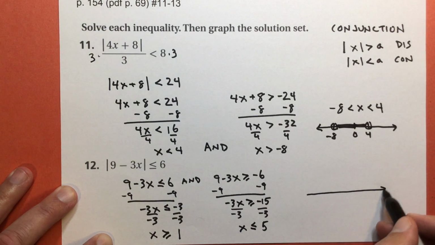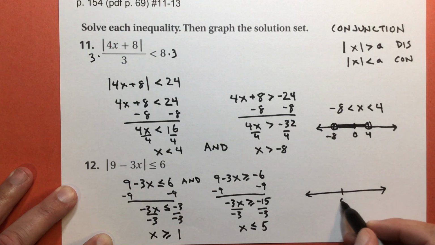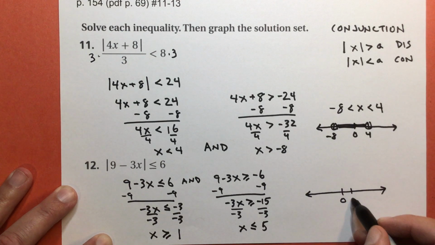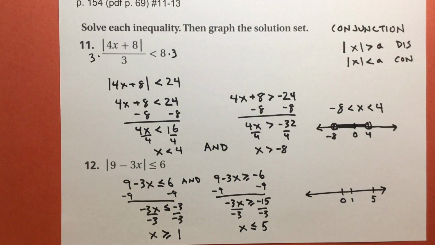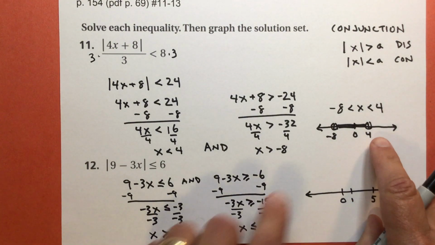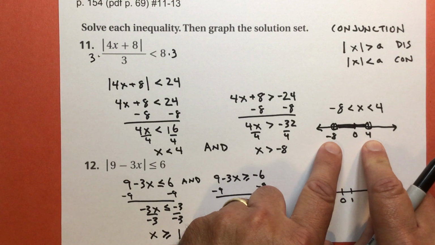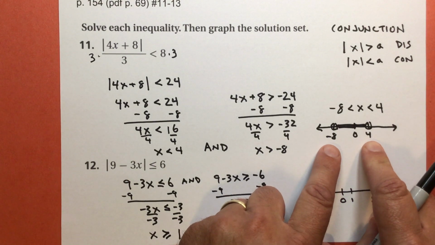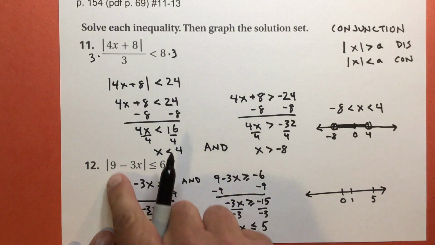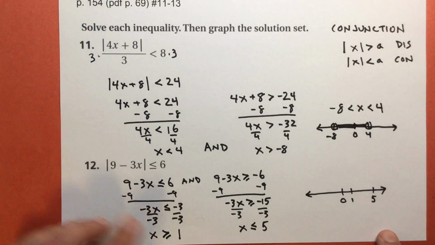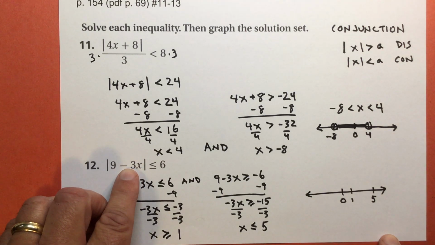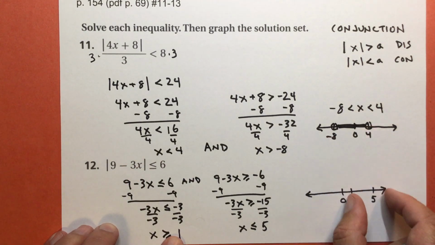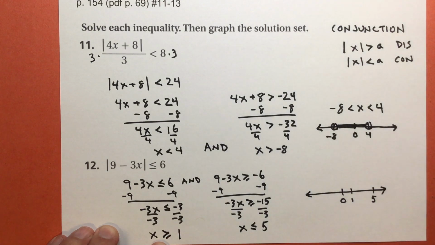Draw my graph. My number line, here's 0, here's 1, and here's 5. And I mentioned in a previous problem that you don't always get one number that's positive, one number that's negative. That happens a lot, but it's just because we're using small numbers here. This one we're using, well, -3. But the thing is that what we're doing here shifted this over here to the positive. Okay? I have x is,